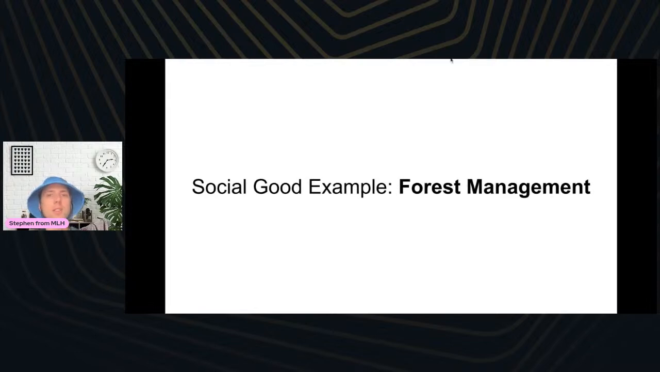Okay, and so this is the example we'll be studying today, the forest management. I have this example from a previous workshop, which was for Social Good Week. Social Good Week, I highly recommend if we ever do a Social Good Week again. Stay tuned. But it was great to learn about because we actually saw an application of the Markov decision process